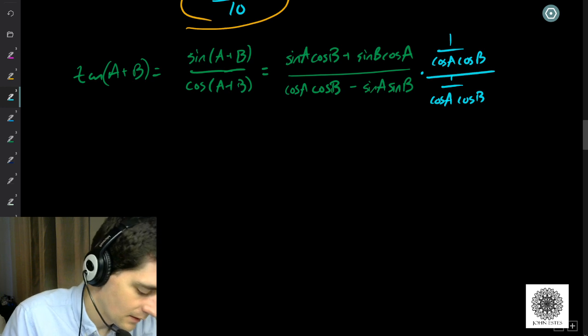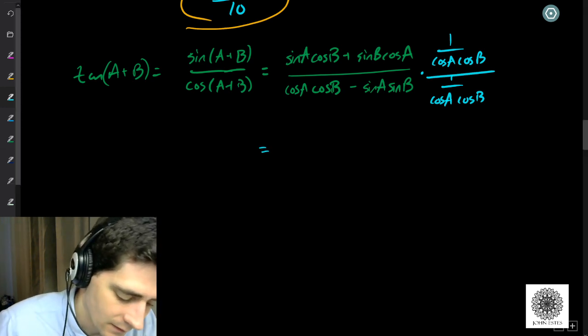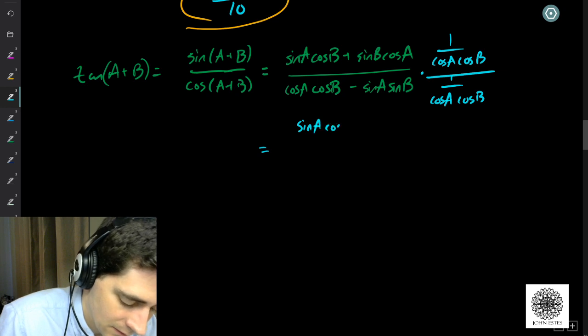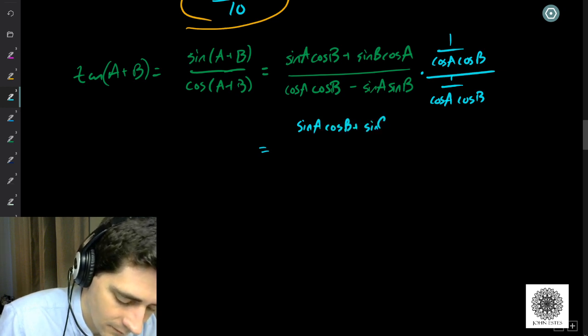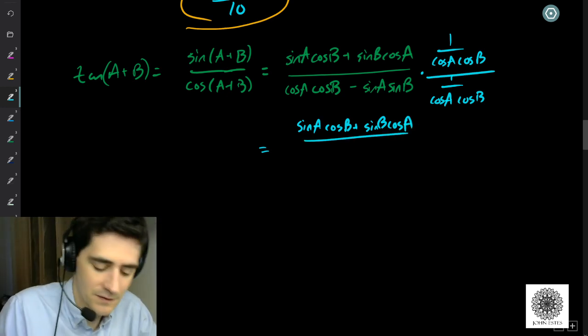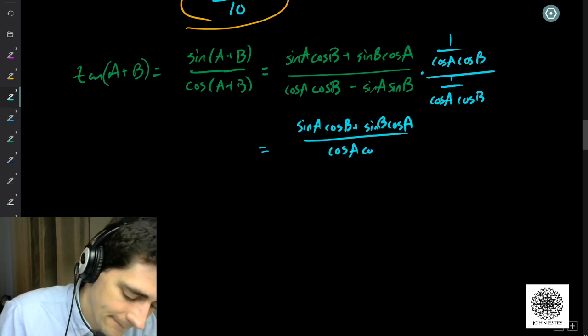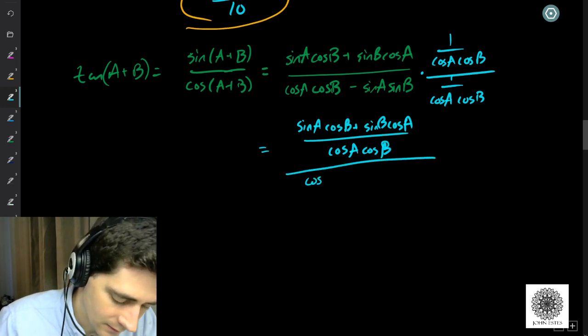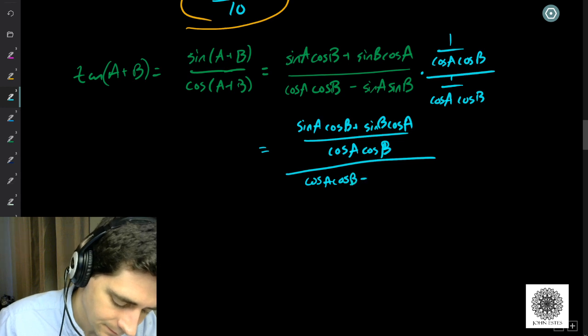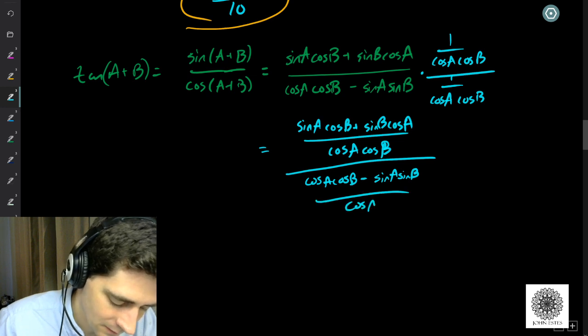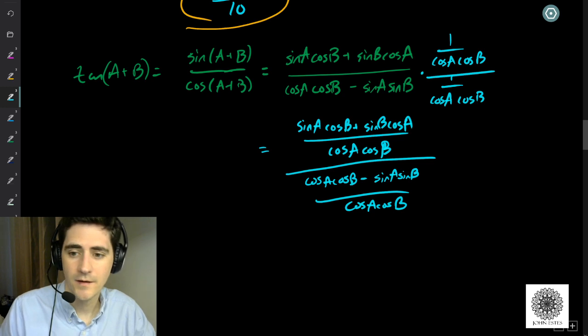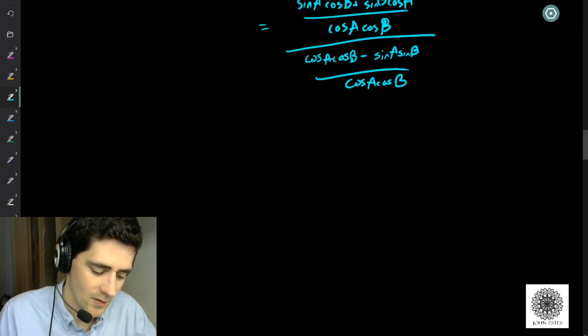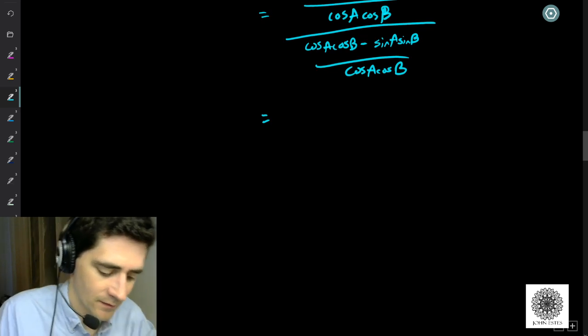That sounds really weird, but watch what happens when you do that. So I get all this sine A, cosine B, plus all that, all over cosine A, cosine B, divided by all this other stuff over cosine A, cosine B. Still looks very confusing. Okay, but when I split this up like this,